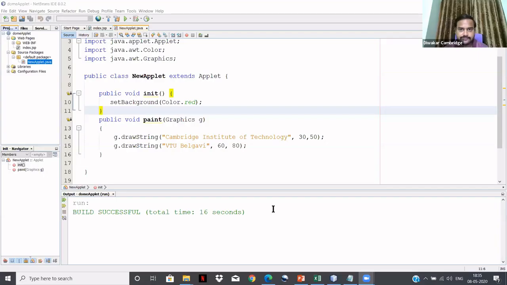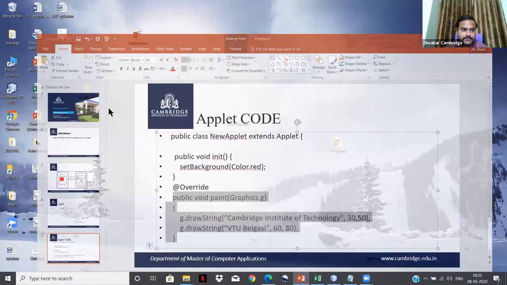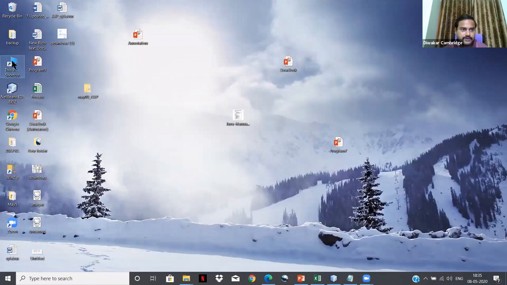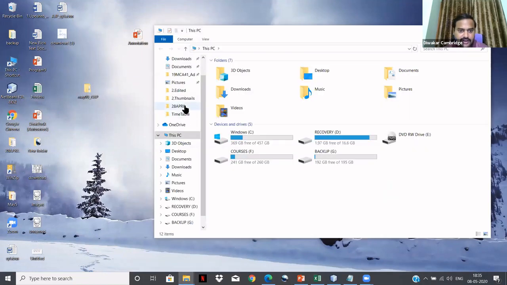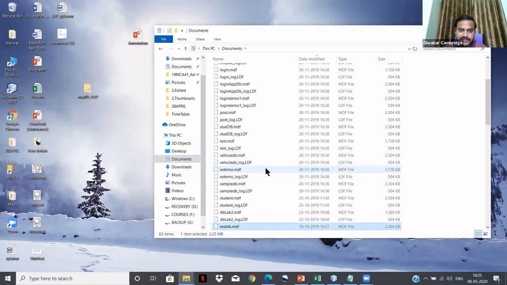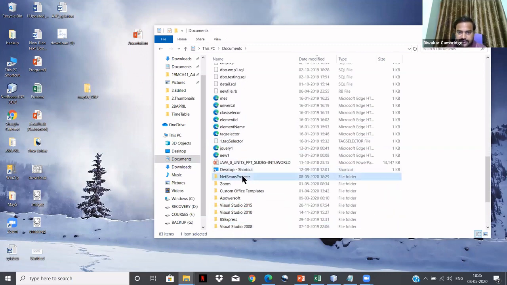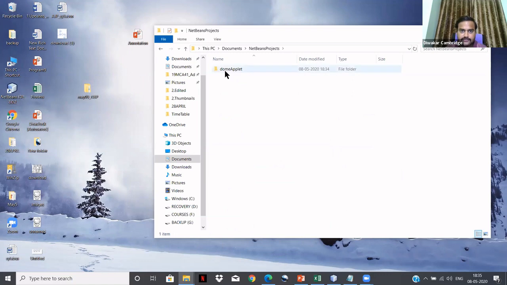You go to My Documents here, on the PC. So you go to the NetBeans folder here. NetBeans project, you're able to see this. Double click on this.